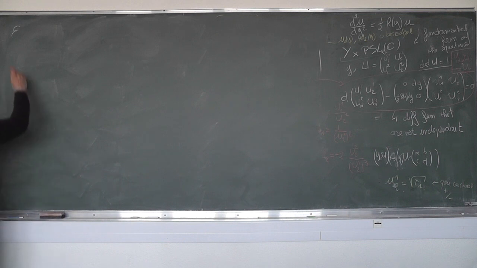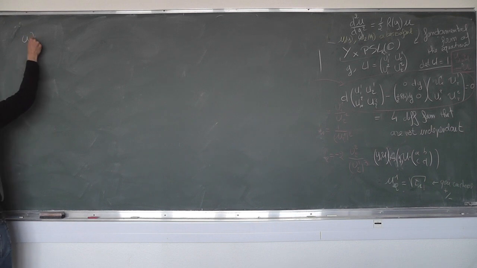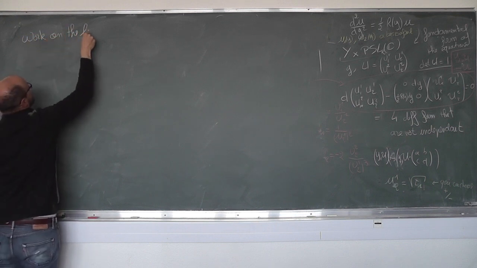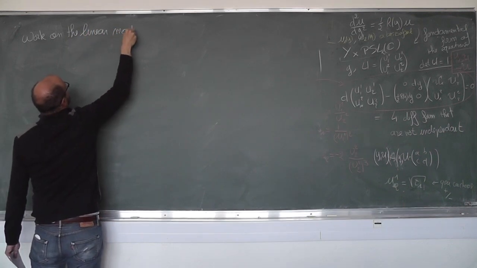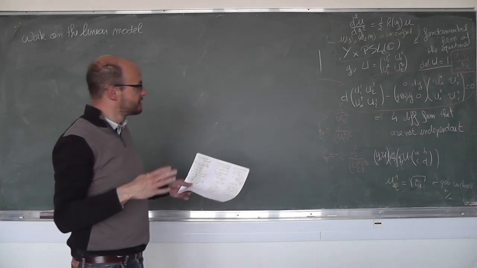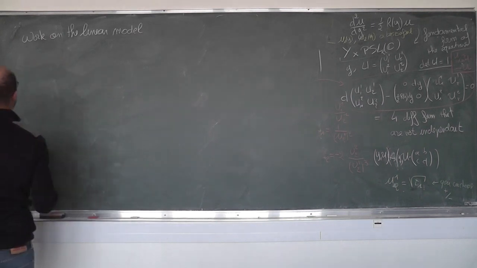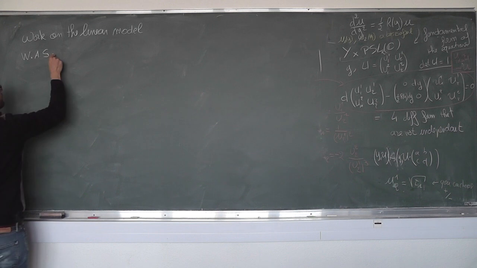Okay, so as I say, we will work on the linear model. And so I will say our goal in this framework here. So the weak Ax-Schanuel for J became